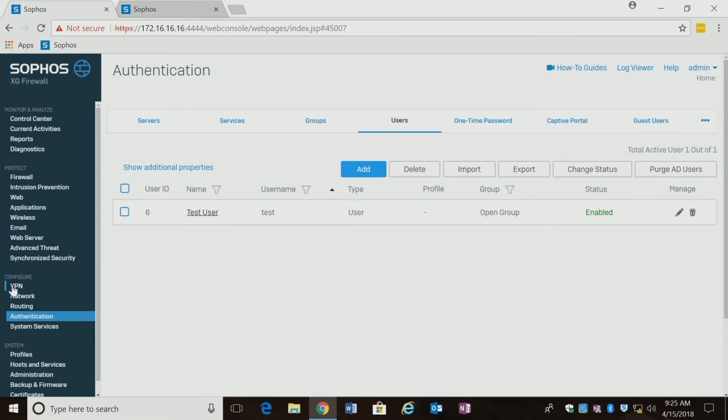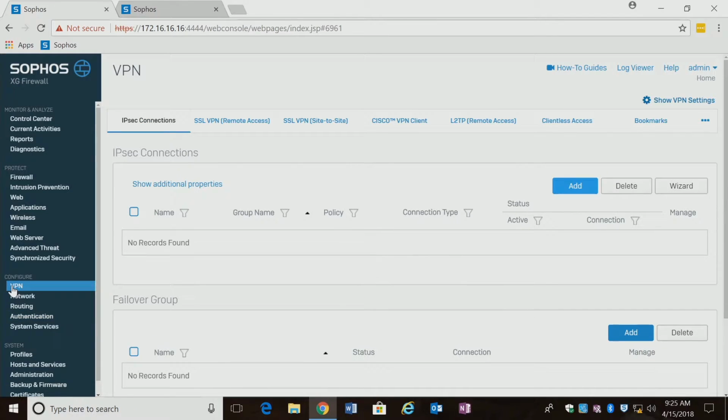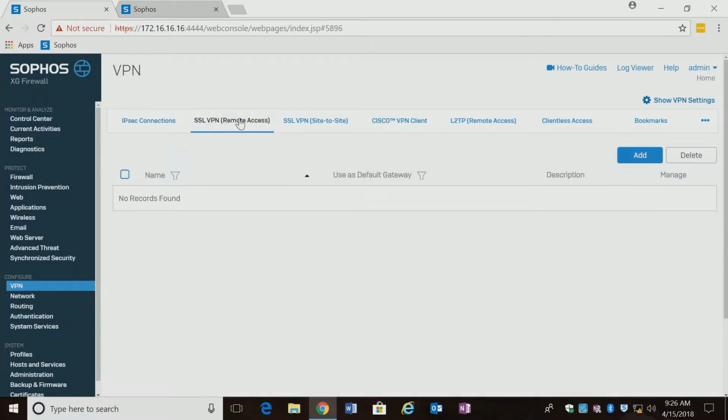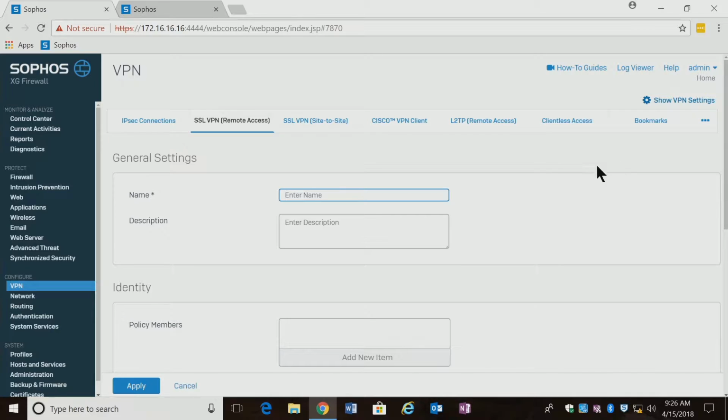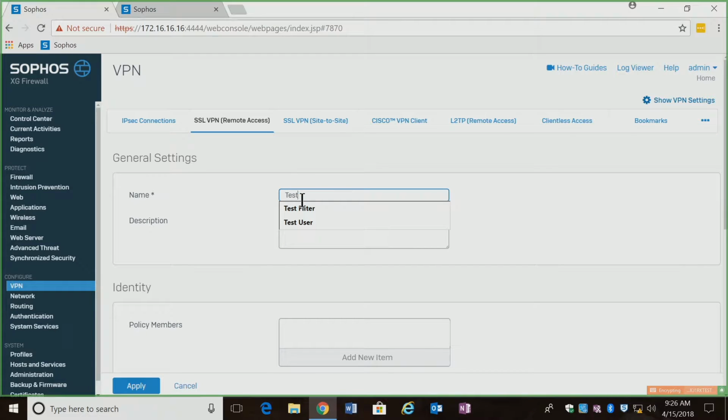So we're going to do that by going under VPN. And this is another one that you're probably only going to create one of, no matter how many users you have, unless you have a particular need for creating multiples. For now, for this experiment, we're just going to do the one. So what we're interested in here is the SSL VPN remote access. So I'm going to go ahead and click on that. And obviously there are no profiles, so I'm going to go ahead and create a profile. So let's do that. So this one here, I'm going to just create a name. So I'm just going to call it test